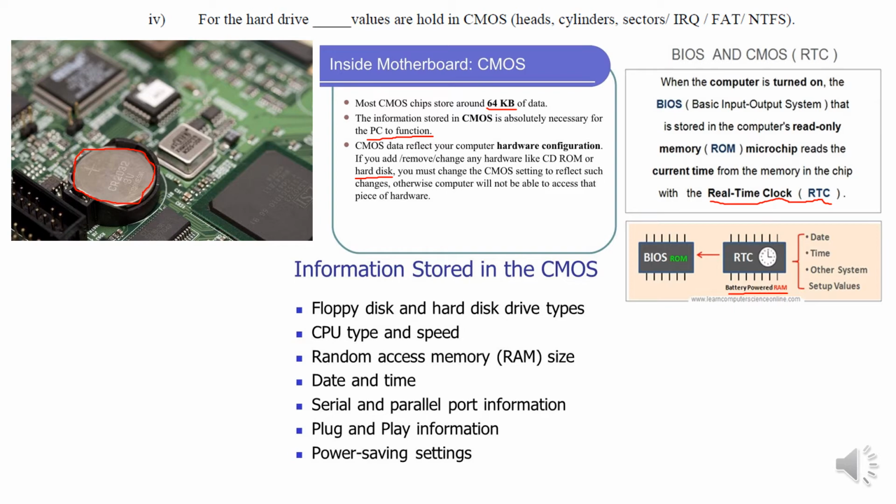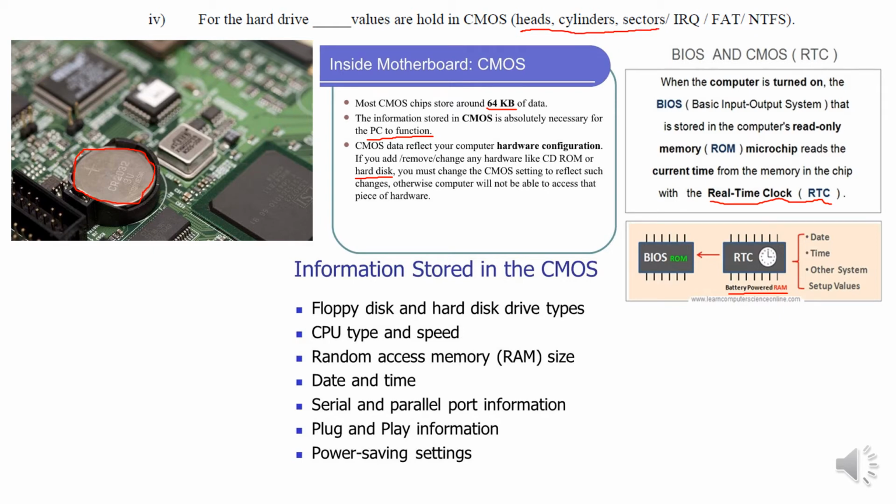Now our final answer. The answer is there. Information stored in the CMOS: floppy disk and hard disk drive type, CPU type and speed, RAM size, date and time, serial and parallel port information, plug and play information, power saving settings. So we see that these things,